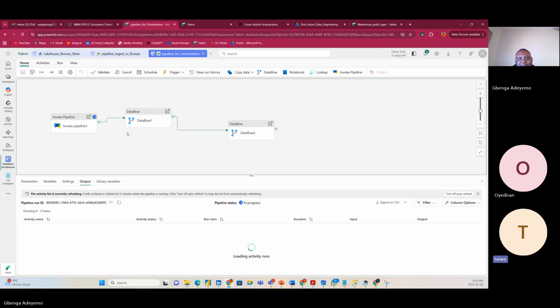That means, majorly, this cloud-based one is ETL. See, the first one succeeded. The second one is in progress. Continue. So that means this cloud-based